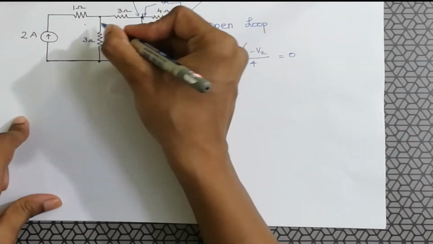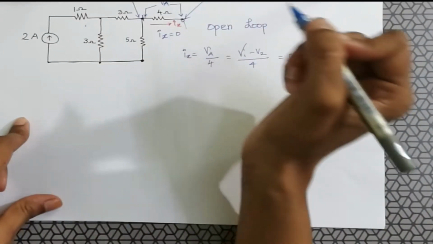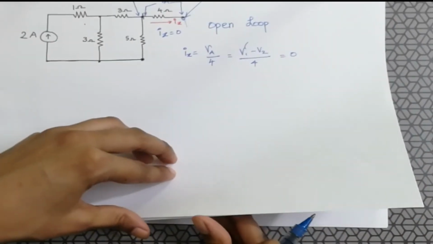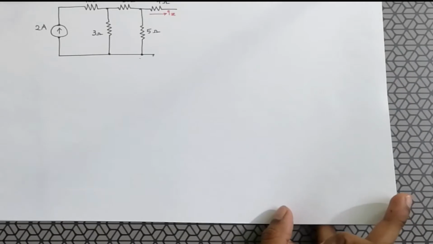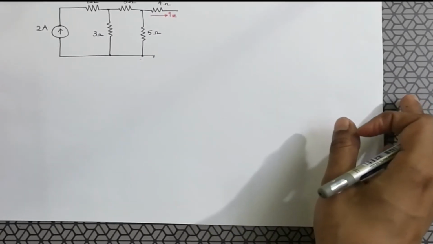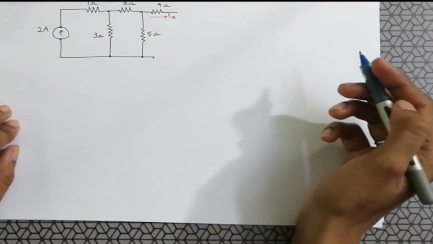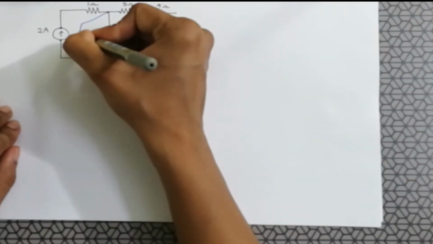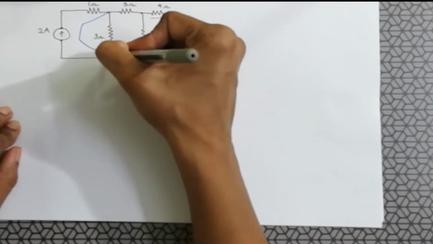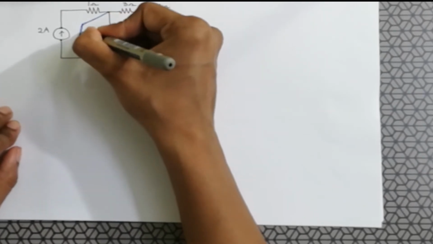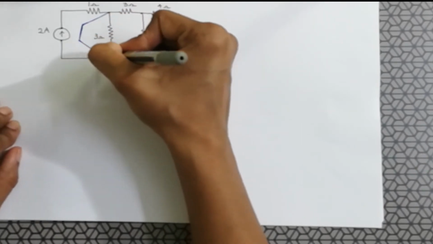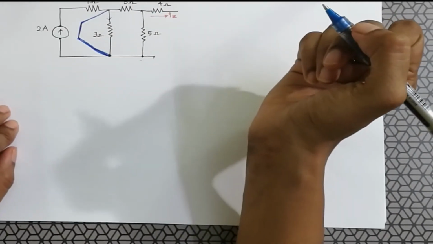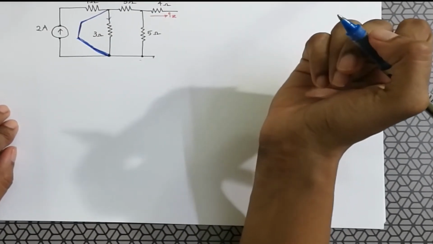What if I say I am shorting this element? What will be the current through it? And hence what will be the voltage? Consider, for example, this circuit. It's the same circuit actually, but now what I'm doing is I'm short circuiting this 3 ohm. I'm placing a wire parallel to it. This is called as shorting. So now what happens to the current that is passing through 3 ohm? Think for a moment and answer.